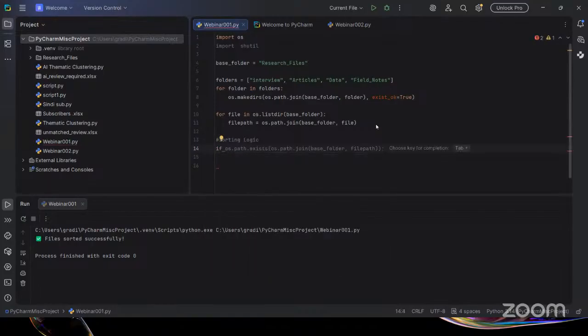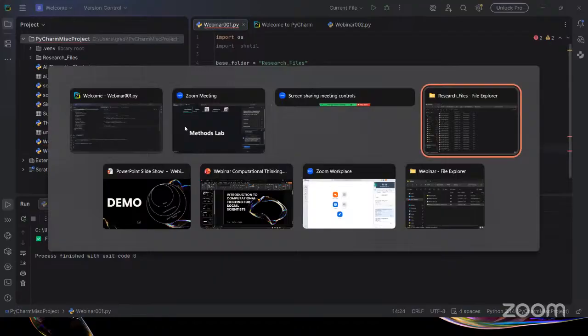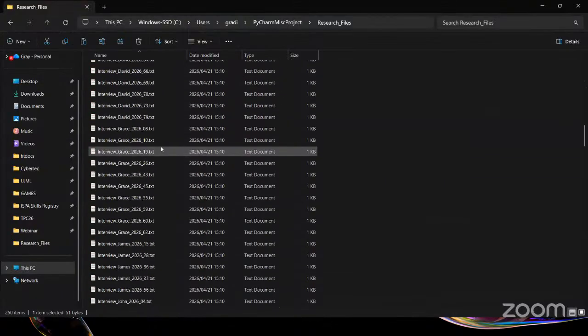So if... here's another suggestion. I'll just type if interview in file. Basically what is being said here is if this term interview is in file. So any file here, if any file here contains the word interview,